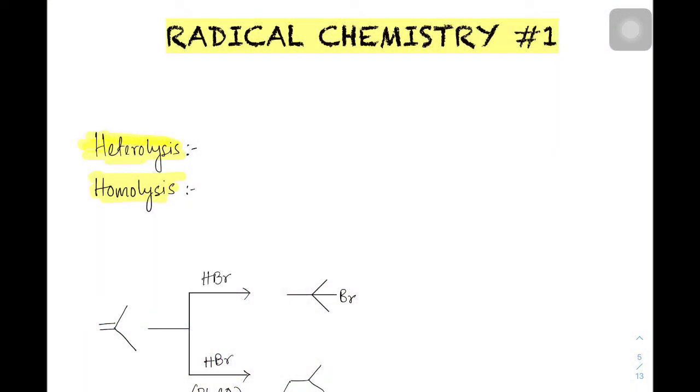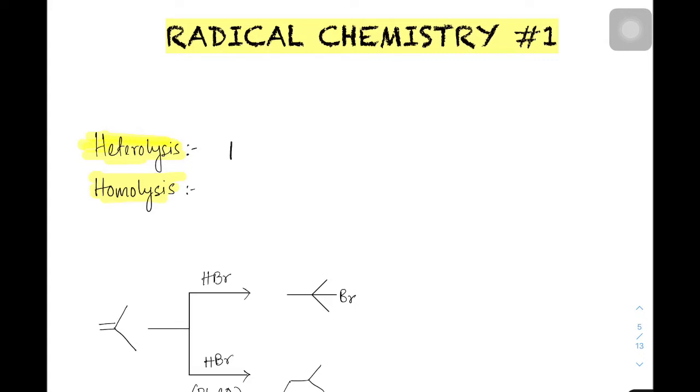Today our new topic is radical chemistry, and first of all we have to know what a radical is. A radical is basically a free unpaired electron. Radicals can be generated in two ways: one is heterolysis and one is homolysis. What is heterolysis? When a bond breaks and one atom takes both electrons of that bond and they separate